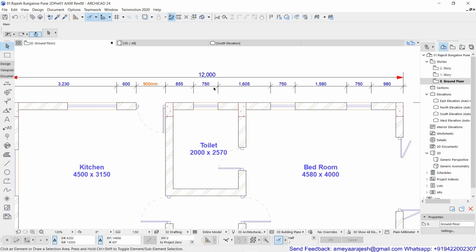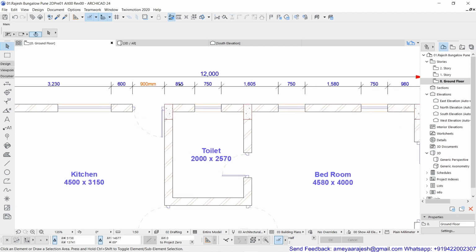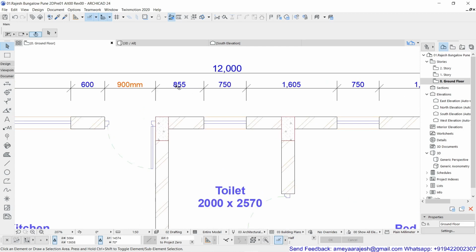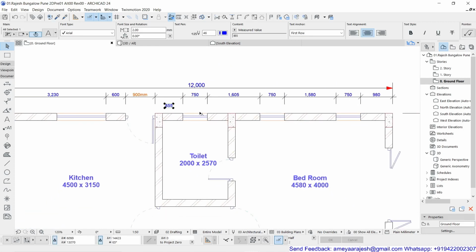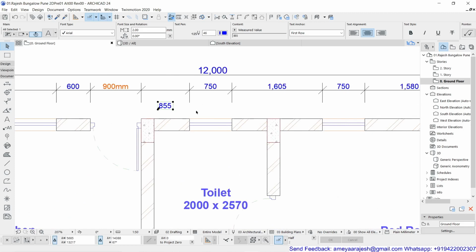Anytime you can split it, join it, edit the text, or move the text. If you realize this text location is something you didn't like and you want to place it somewhere else, you can do that. Just select this, press Control D, drag it and place it anywhere. That is also possible. Now if you want to take it back to normal, that means after dragging you want to push it back to its original location.